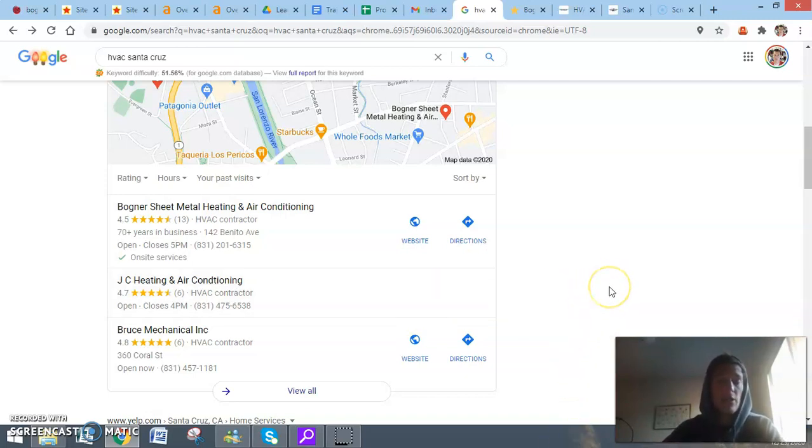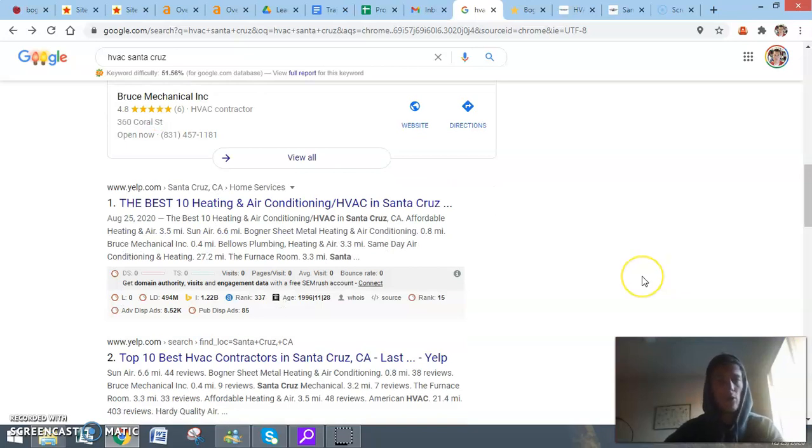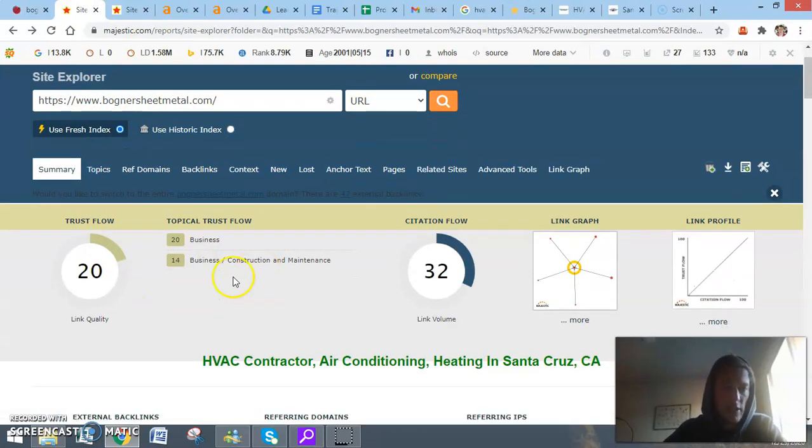But the last thing is the backlinks. And backlinks are when another website links to your website, and it's basically a vote in Google, them saying, oh, this website's important. So Google sees how many backlinks you have, and they put you up higher. So I've got this tool over here called Majestic, and this is your competitor's website, Bogner Sheet Metal,